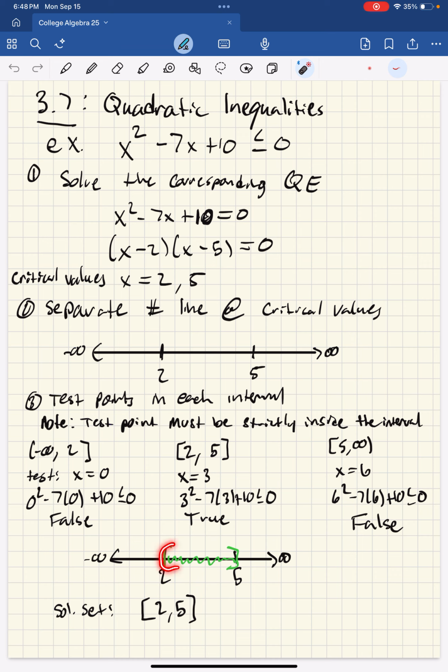So when we shade the number line with whatever intervals are in the solution set, and then write the solution using interval notation. So we have bracket 2, comma 5, bracket. That's a closed interval because the original inequality had less than or equal to, so we do include 2 and